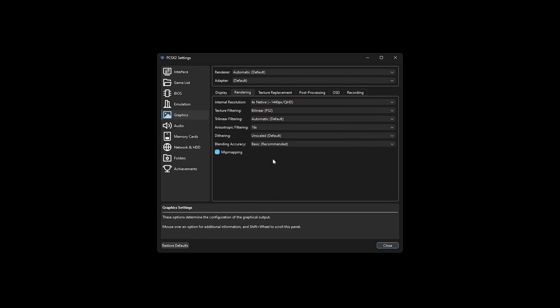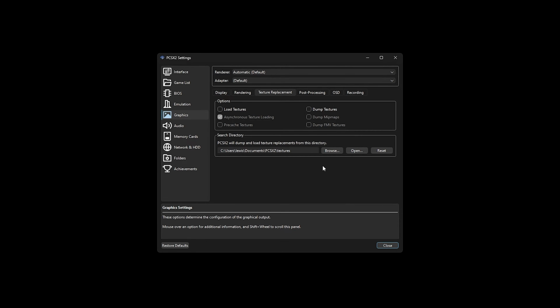and forget about it. Texture replacement we're going to leave for now, but it's important to know what these menus do. Texture replacement is actually going to let you load modded textures, so you can apply 4K texture packs that the community have put together. One of the biggest use cases I've had for this texture replacement is Gran Turismo 4 and its HD resolution